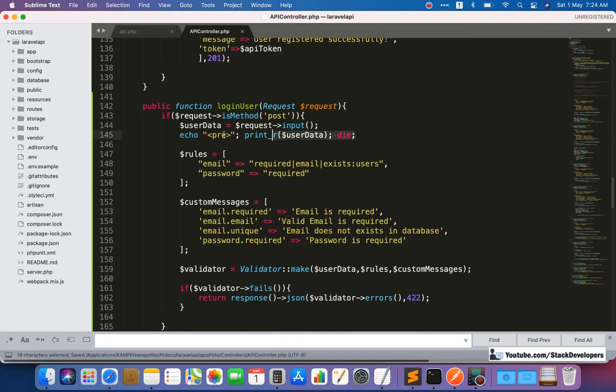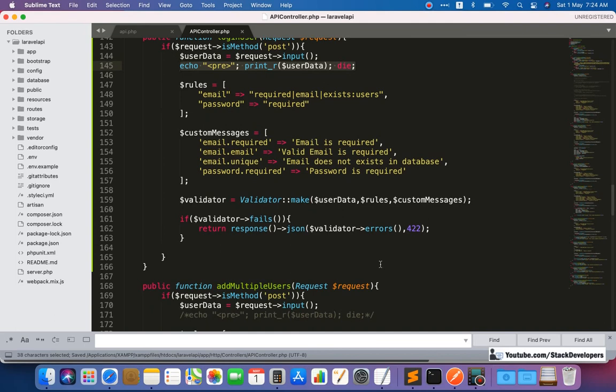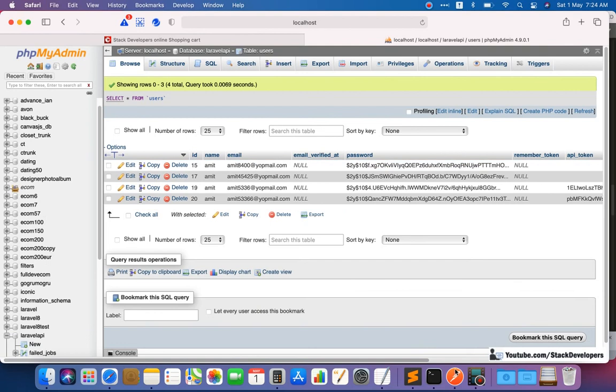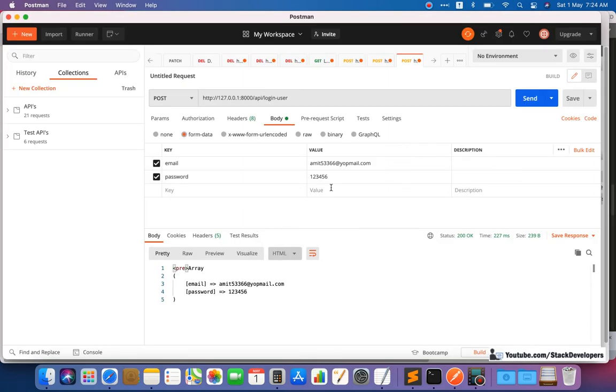Now, if our email is not valid, I'm going to comment this one out. If the email does not exist, like if I pass some other email ID like this and click on send, it will show the error message: the selected email is invalid.